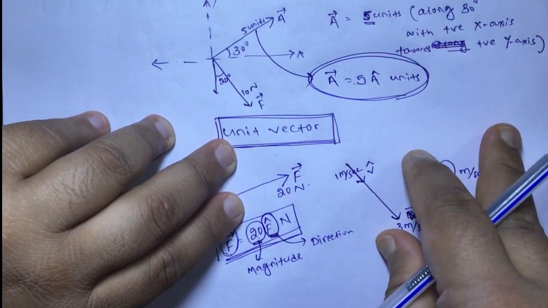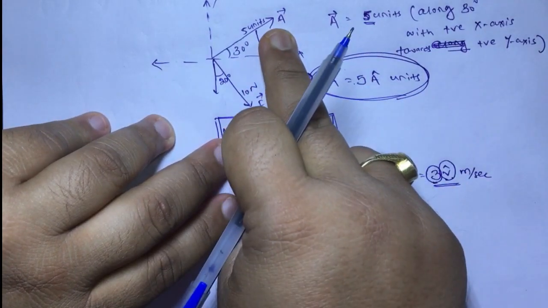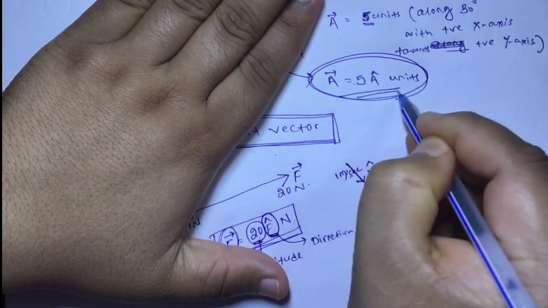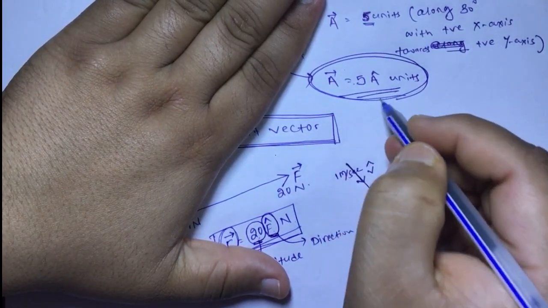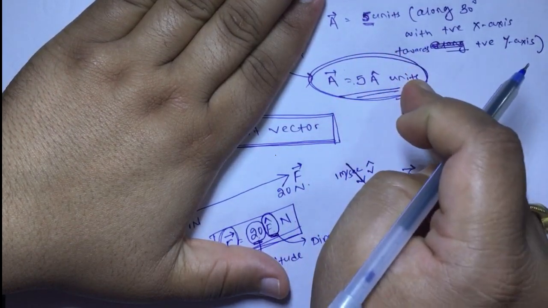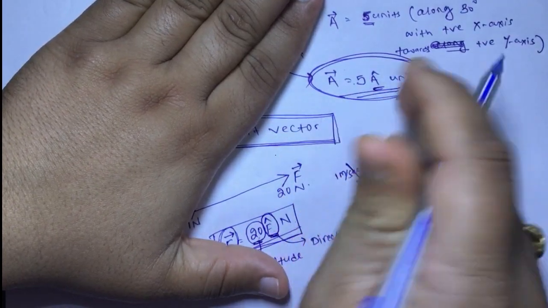What was my final aim? My initial aim was to write the vector in mathematical form without using a diagram. But now if I write 5 a cap, can you define this vector? No. Can you show where the vector went? No, because this a cap direction is not mentioned in this expression. So till now